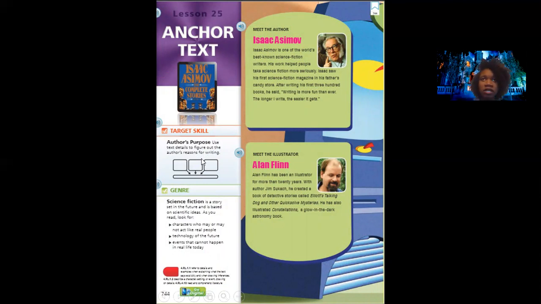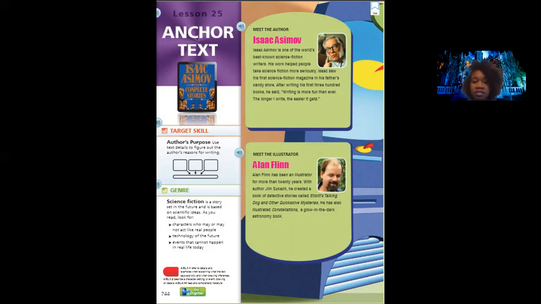And we talk about this all the time. Was the author writing to persuade the reader, so to make you come around to their way of thinking? To inform the reader, so that would be to give you information that you didn't previously have, or to give you more information about something you previously had information on? Or are they writing to entertain the reader, which is basically just for your entertainment, to make you laugh, to make you think, to make you wonder? What are they writing for? Author's purpose. So while you're reading through, think about that.